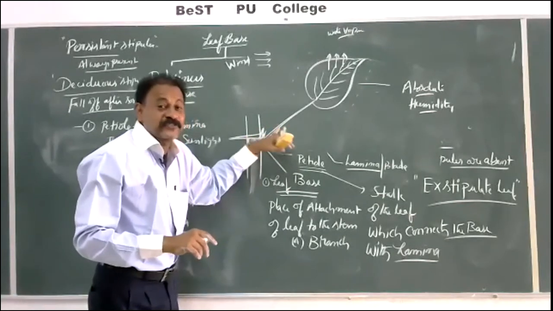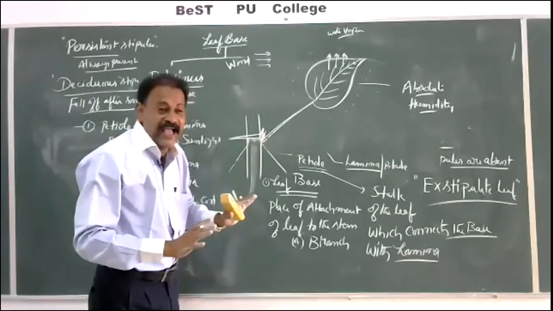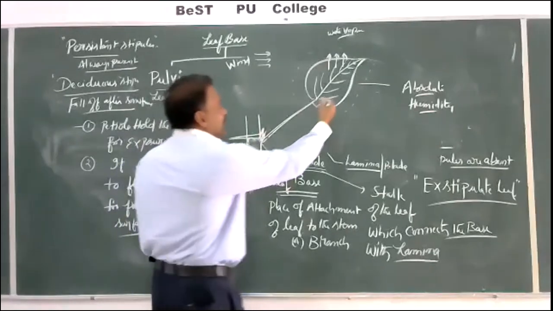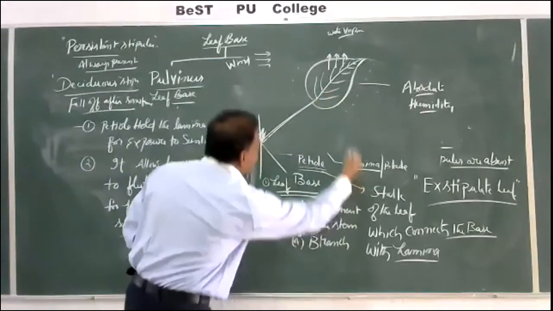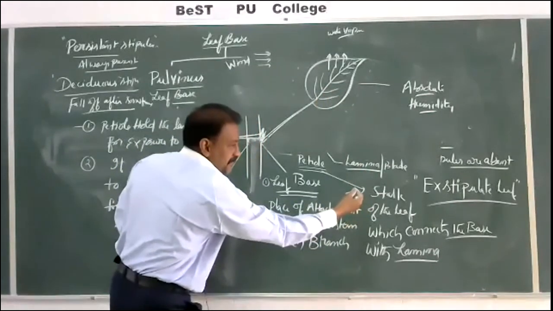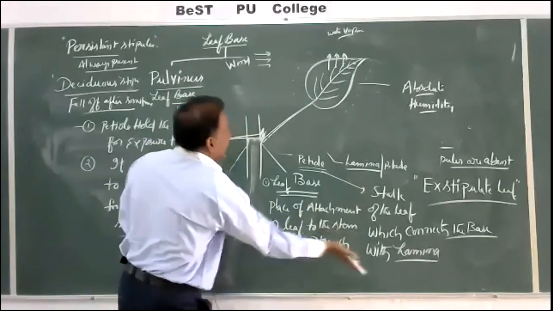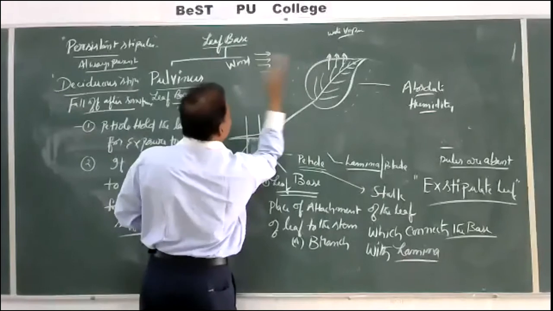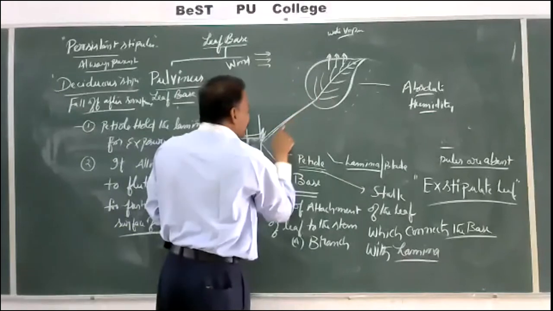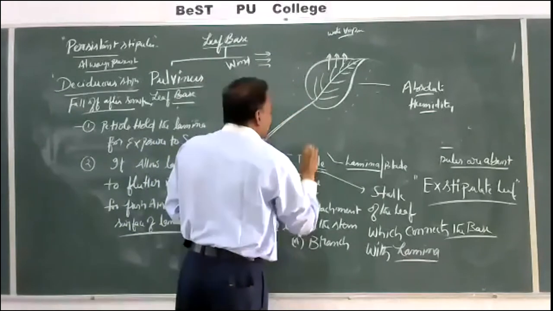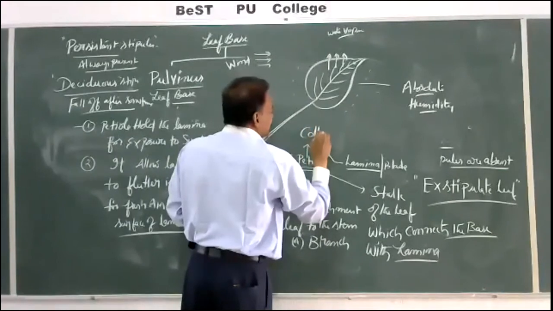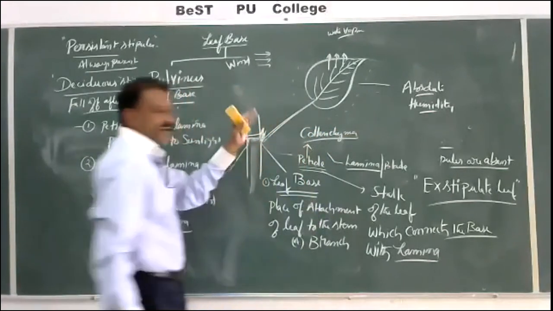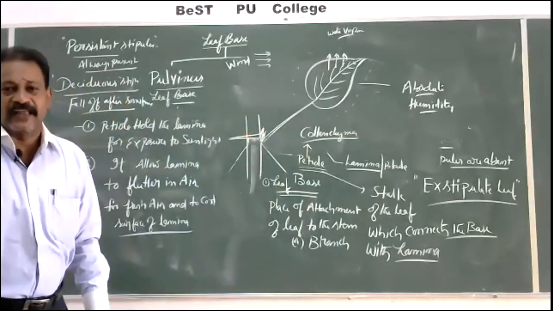Collenchyma. This collenchyma has tensile strength. Tensile strength means that if we take this leaf and bend it, it will bend. This is called tensile strength. When we release it, it comes back again. So the leaf can be bent in any direction because of the petiole. In the petiole, the tissue present is collenchyma, which will provide mechanical support to the plant body wherever it is found.